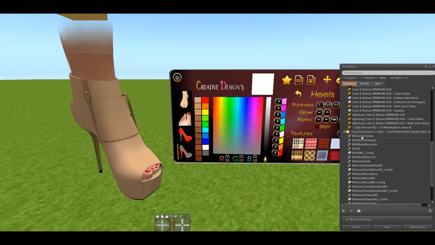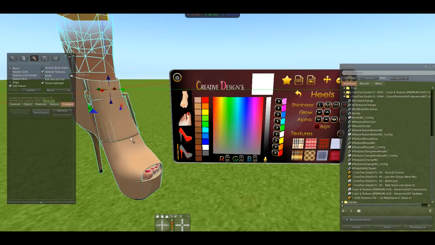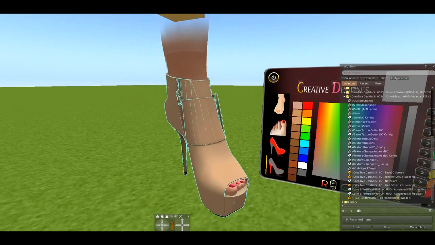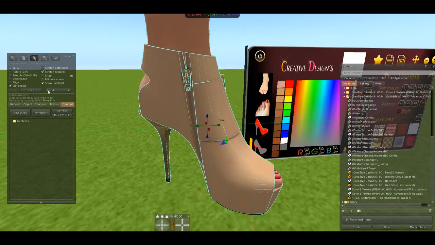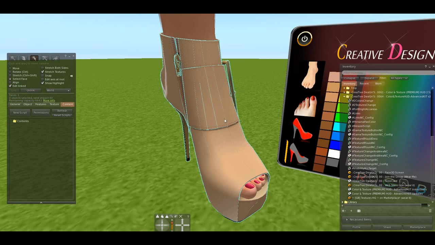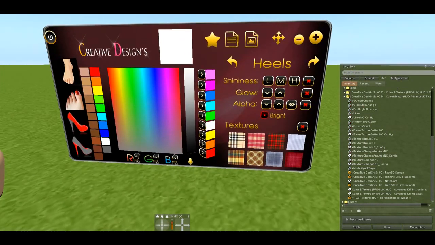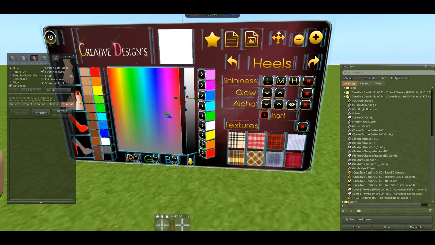So the advanced kit is a collection of scripts that you can use only on the Color and Texture Premium HUD. In this case, I want to apply a texture. For example, in the shoe, I can apply a different texture here on this middle part, because it uses a different face. This is face 4, and I'm going to use the rest of the shoe. This is face 1. I'm going to use a different texture. So I'm going to use this button texture here just to test it,